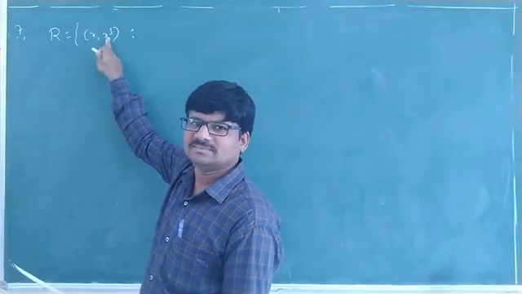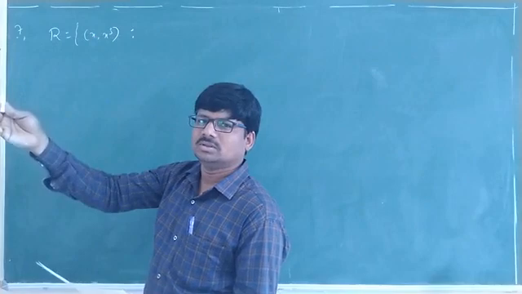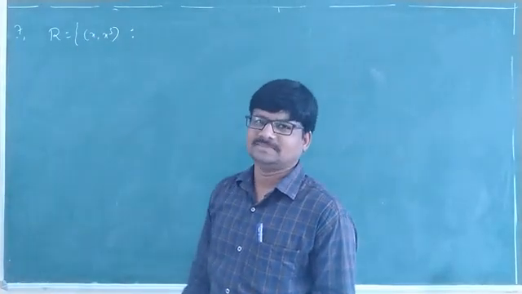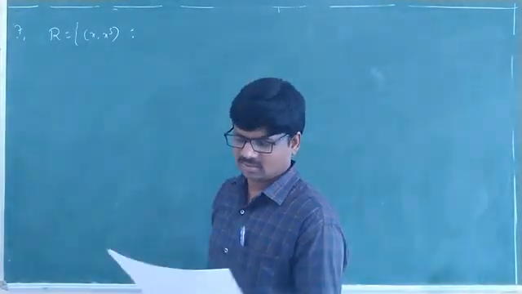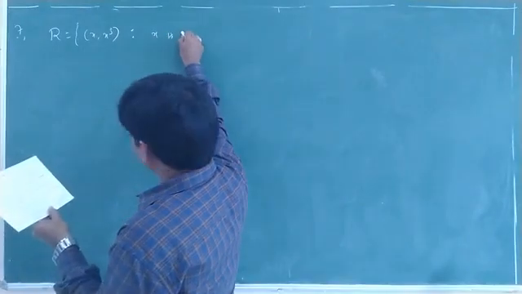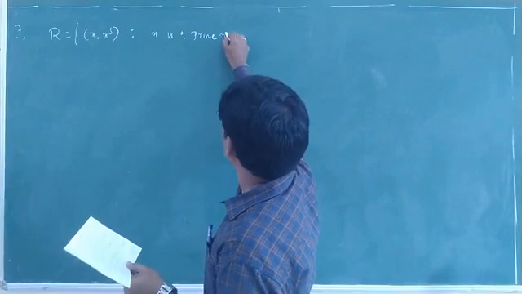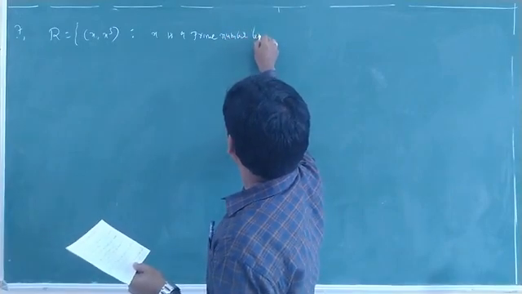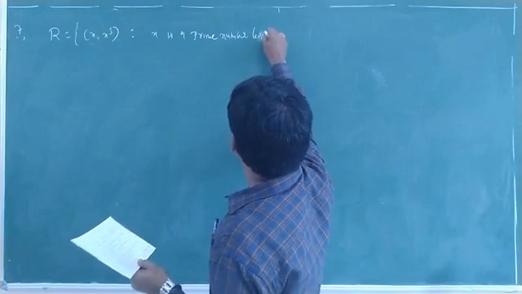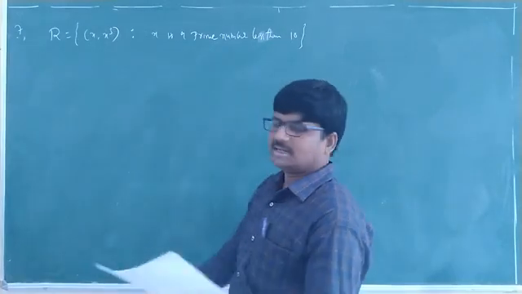What is the y value here? What is y? Cube of the first. The second element is the cubing of the first element. Okay, that is the meaning of this. Such that, what is x given here? x is a prime number less than 10. Less than 10. Here what is given?